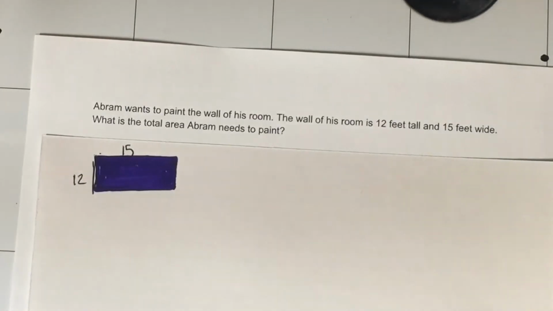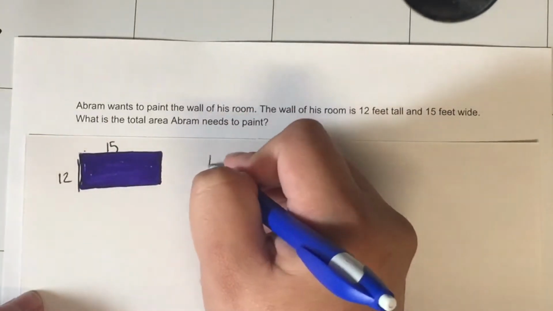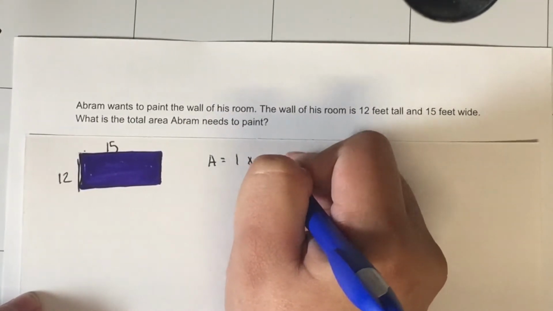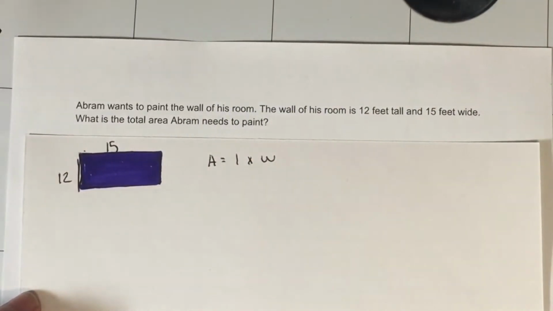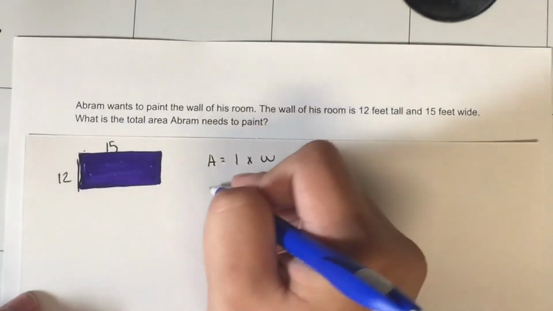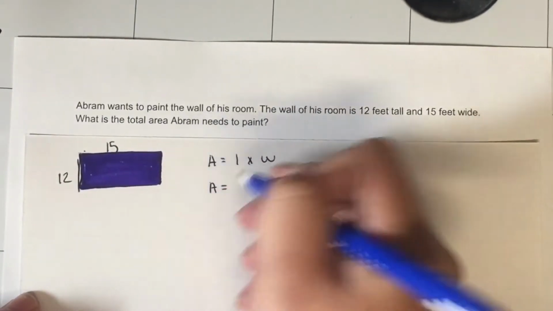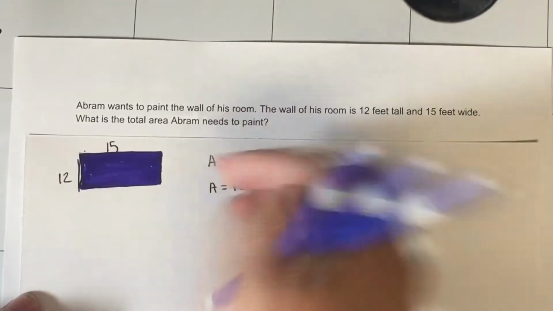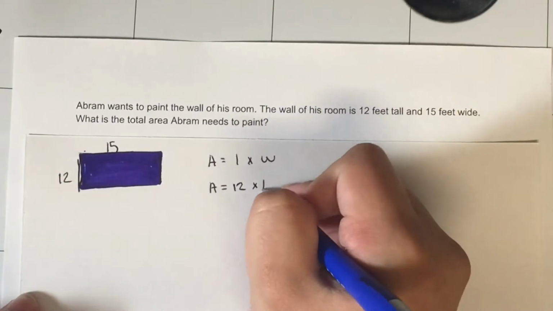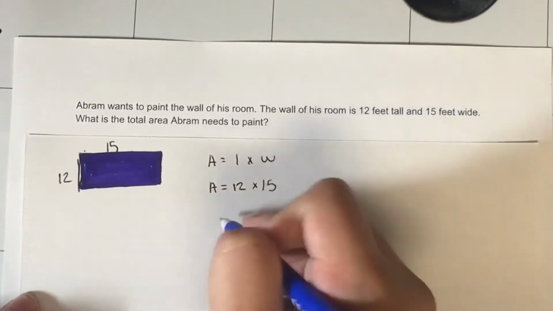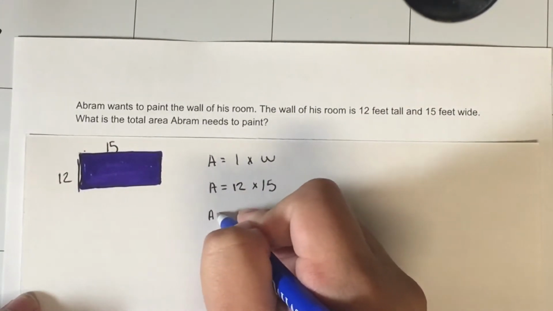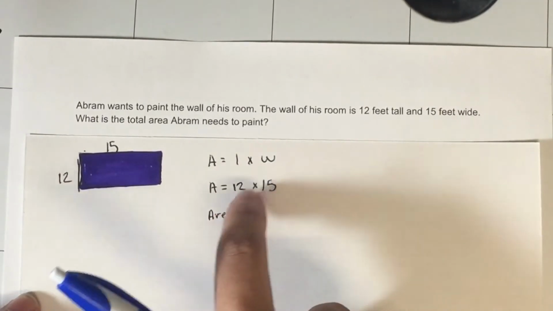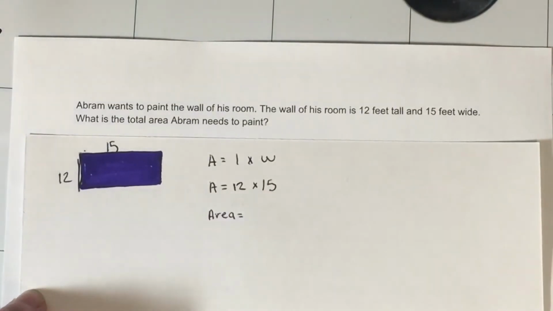To find the area, we need the formula area equals length times width. But because we're already given those measurements, we can just plug them into our formula. So let's go ahead and do that. The length is going to be 12 and the width is going to be 15. And the area can be solved by multiplying these two, and that will be